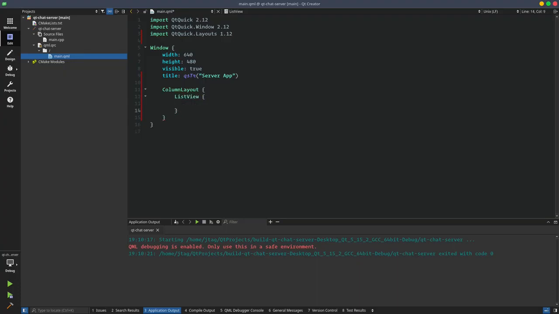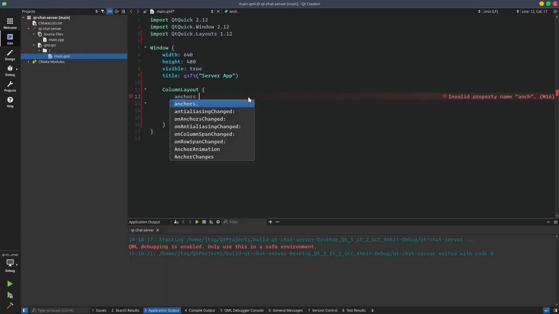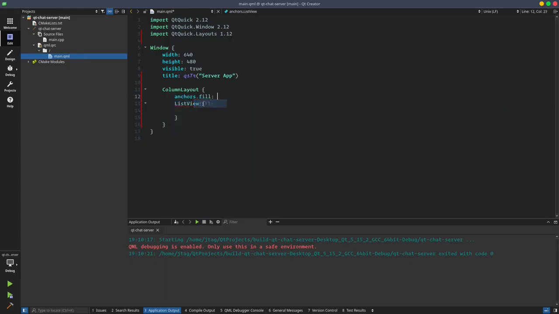So we need a list view, and before that let's make sure that we fill our column layout. So here we want to show our messages, so let's keep going, and after that I create a row layout,